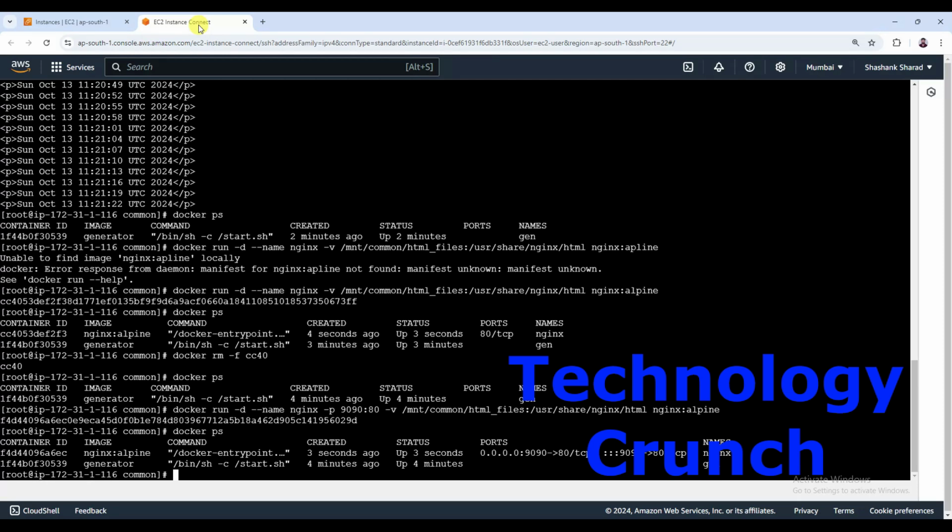So my dear friends, now we have two containers sharing the same folder. The first one is the generator container, which is continuously uploading files into that folder, and then the nginx web container is serving that data right here. Let me hit that public IP